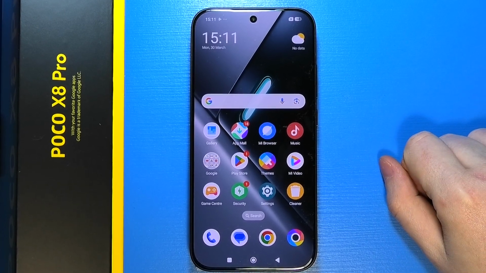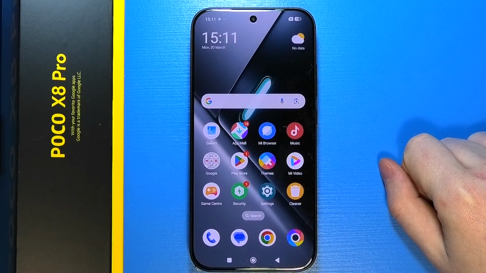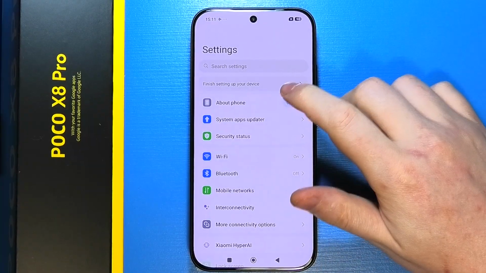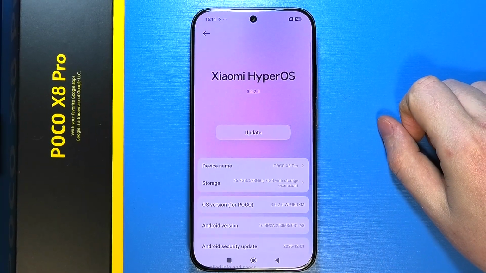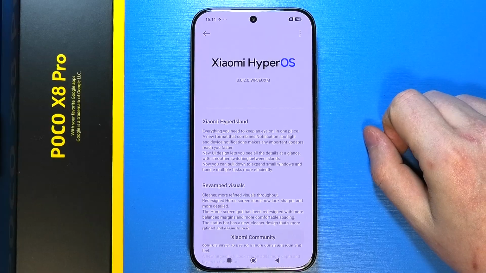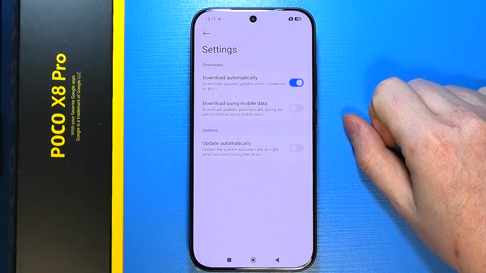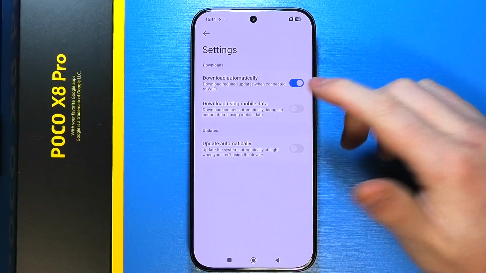To fix the problem where you cannot download updates automatically on POCO X8 Pro, first of all, you will need to open settings on your device. Next step is to click on About Phone, and then you can click on the Xiaomi HyperOS. Click on the three dots, navigate to the settings, and then look for download automatically, and make sure that this